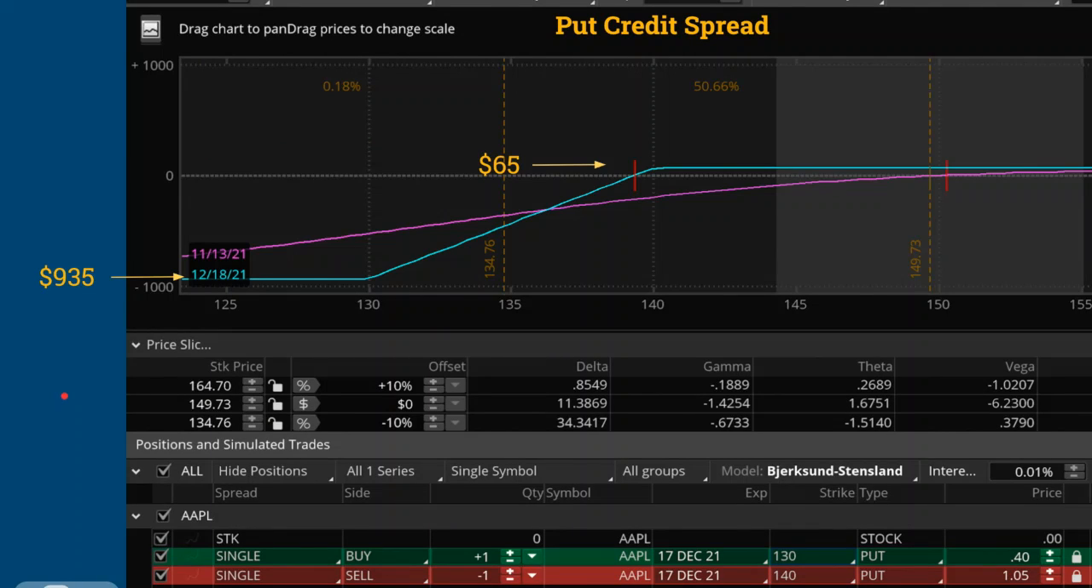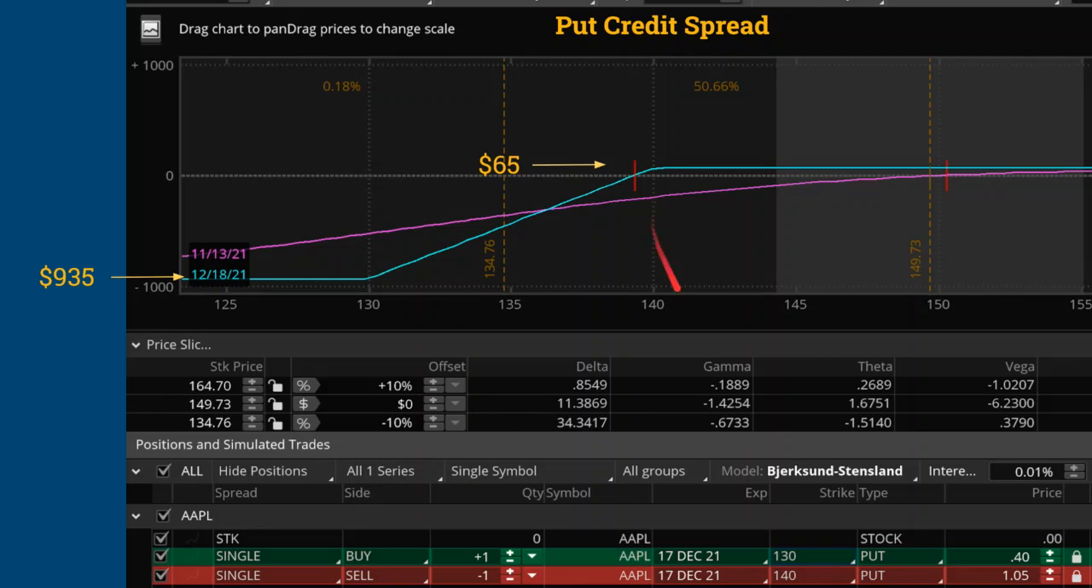Okay, let's take a look now at a put credit spread. So a put credit spread is done with puts. Let's look on down here at the bottom. In this case, Apple is still at the same price of around 150. But this time I chose these that are really way out of the money, 130 and 140. So I'm 10 points out of the money